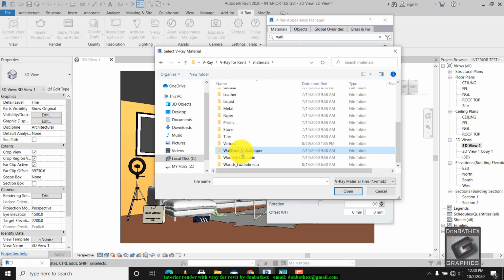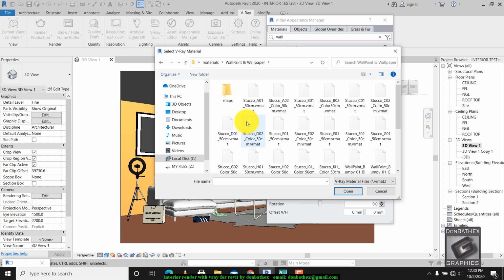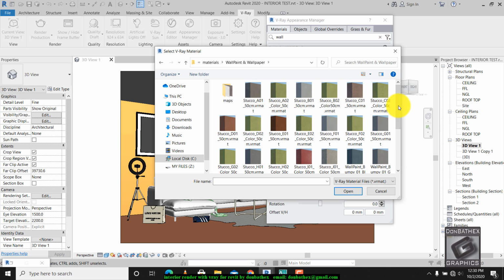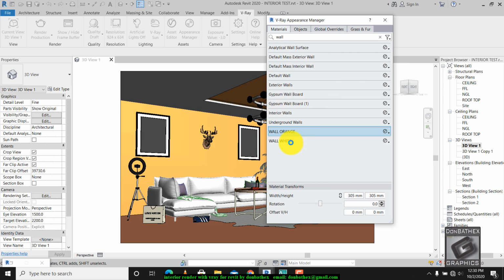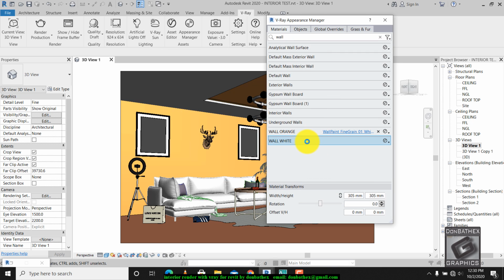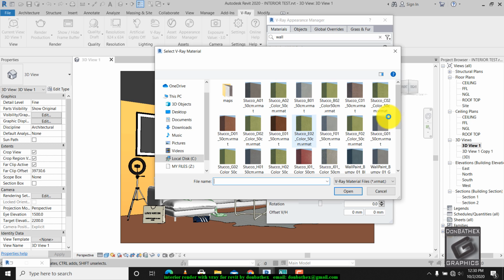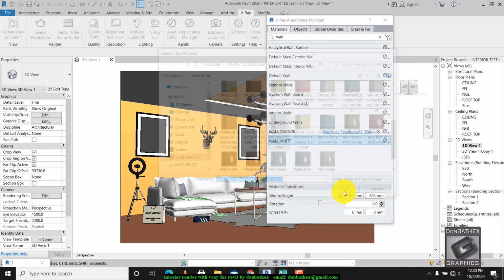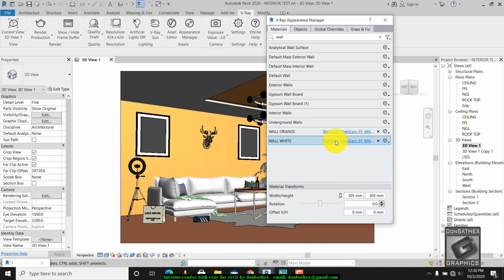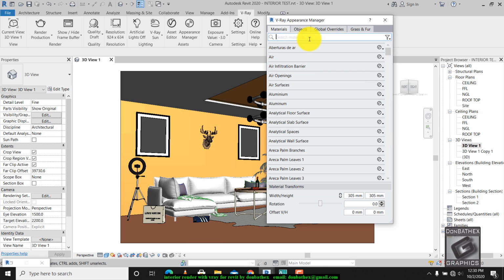Then wall paint. You can just select anyone, we'll change it later. Then the wall white, same thing. That's for the wall. Then for the flooring,